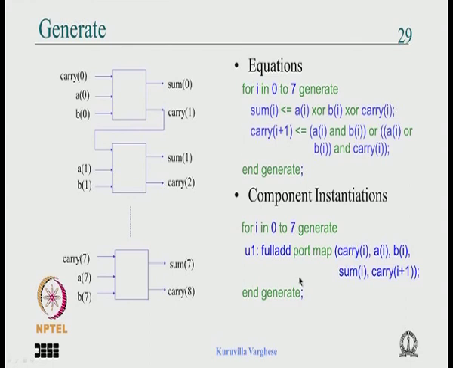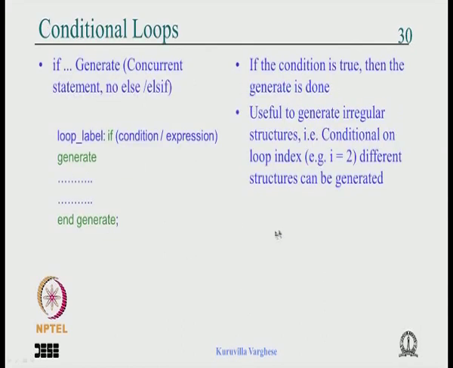We will see that maybe, or you try from whatever I say, I suggest you work it out. Try to make an 8-bit carry lookahead adder using either the generate loop or the sequential loop. You might need a little more input on that, maybe I will give it as we go along. And you can have a conditional generate, so if some condition is true then you can say generate. This is useful for generating irregular structures, like as I said maybe the carry lookahead adder, you have to try it. I have not tried it because once again, one thing connected with that I want to